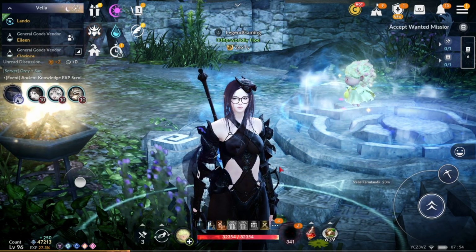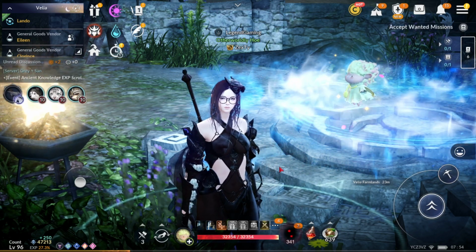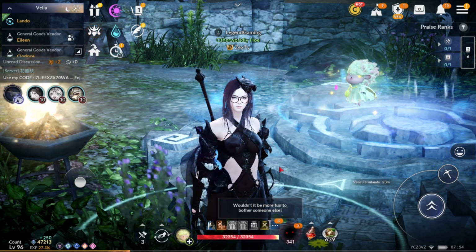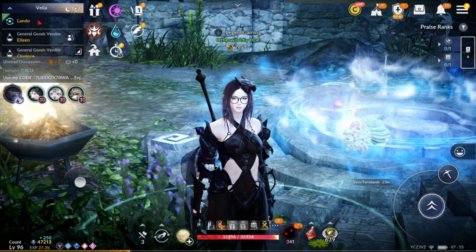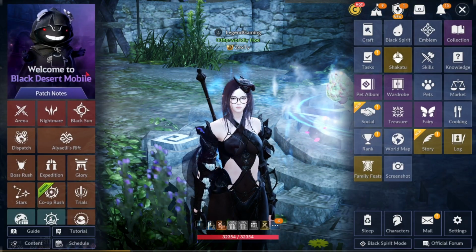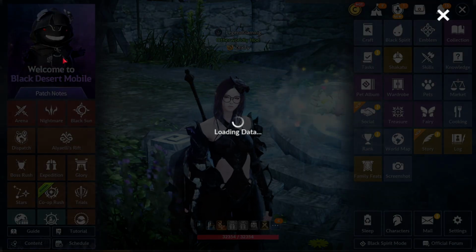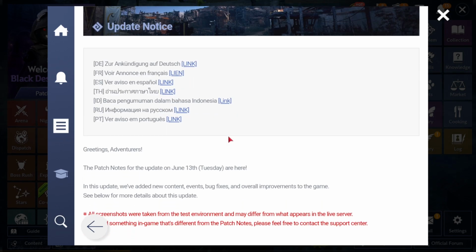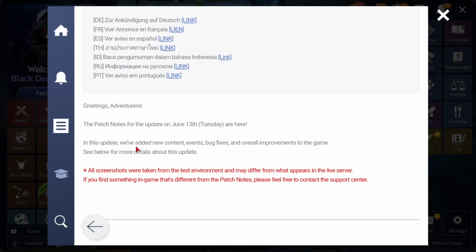So this week there was a lot of really cool stuff that was added. The winter area was unlocked as well. So as you can see in the top left, there's Lando. But I'm going to be going through the patch notes first, and then I will go through our events and then kind of show you what we need to be doing pretty much every day for the rest of the week. So starting out with these patch notes, it does look like in this update, they've added new content, events,